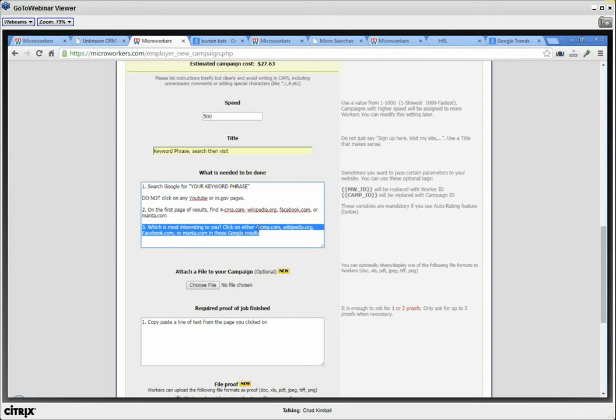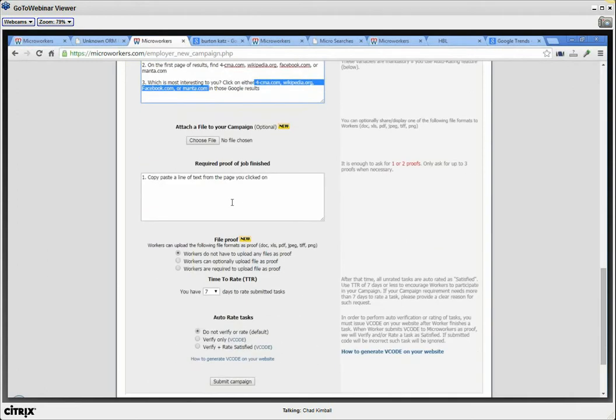That way, the users are searching and they're clicking only on these specific four domain names in the search results. And those are the ones that I want to bump up. And then what I ask for, and I'm going to give you some examples of some more complex requirements of proof that people use, but what I ask for is